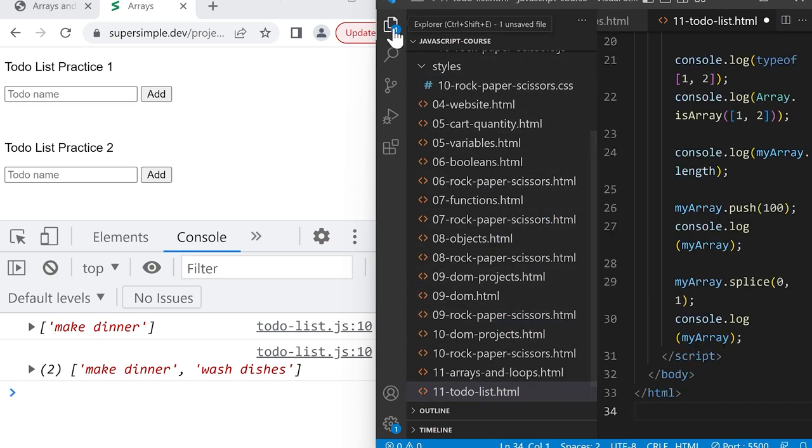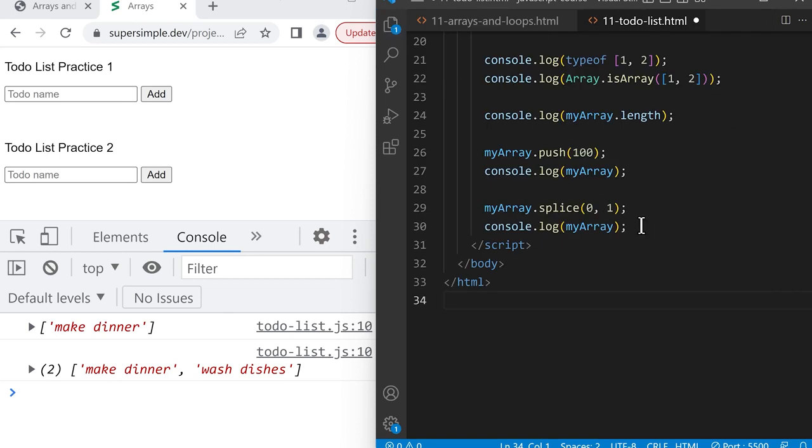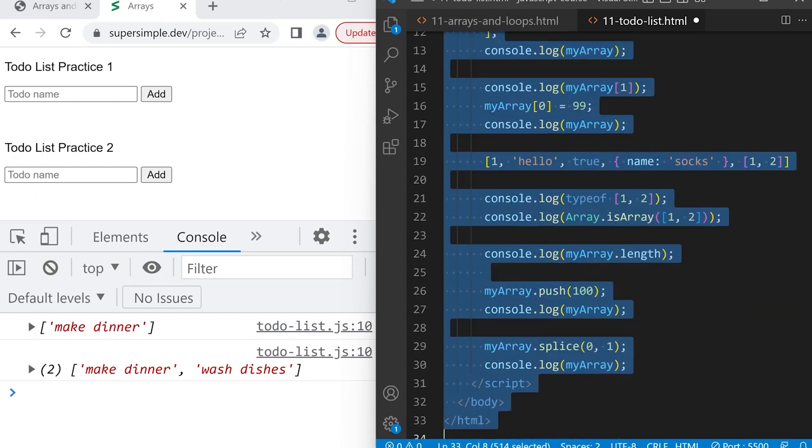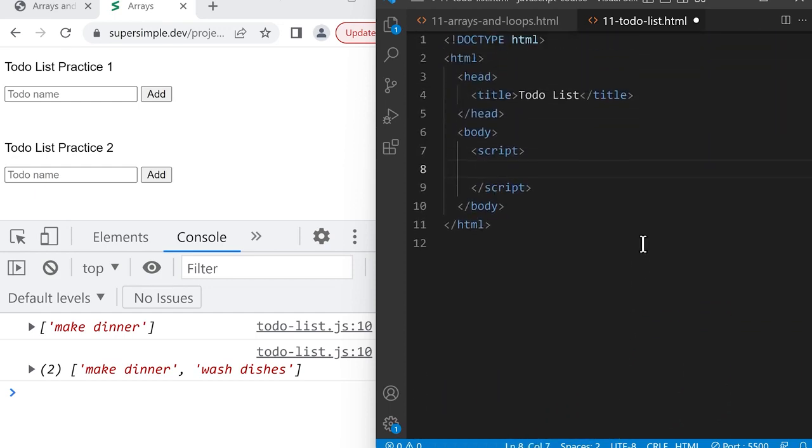And let's close this for now. We'll scroll up and change the title to to-do list and remove all the JavaScript code. And this time, instead of writing all the JavaScript in here, let's actually put the JavaScript in a separate file